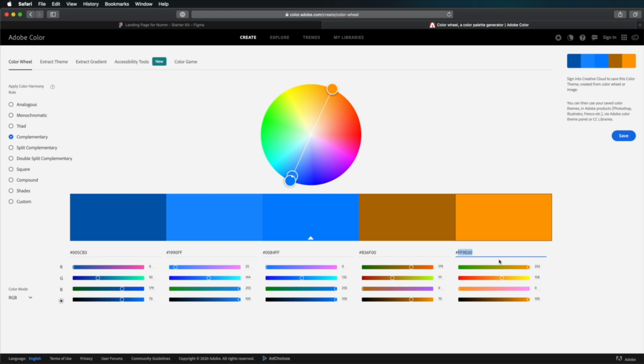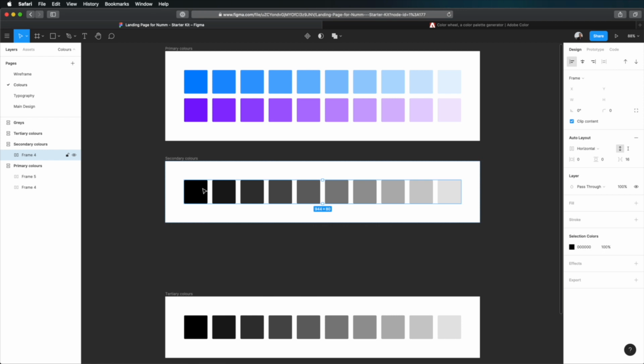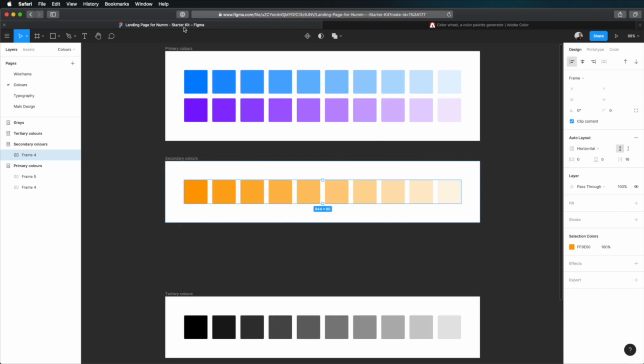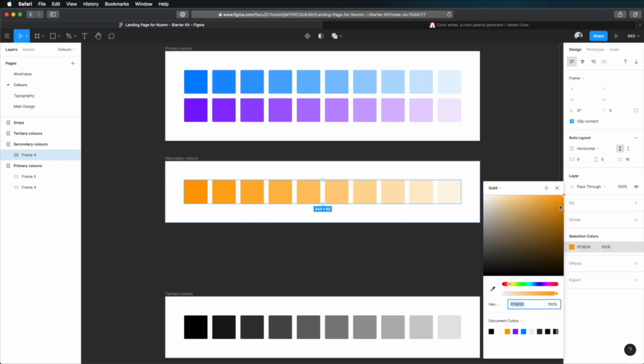So I'm going to go ahead and copy that. I'm going to go back here, select my frame, paste in that color. And if I don't like the way it looks, that's totally fine. I don't have to use this exact same color. I can use it as a guide and then just use the slider to create my own color and just choose one that I think looks better. In my case, I'm going to use this one,